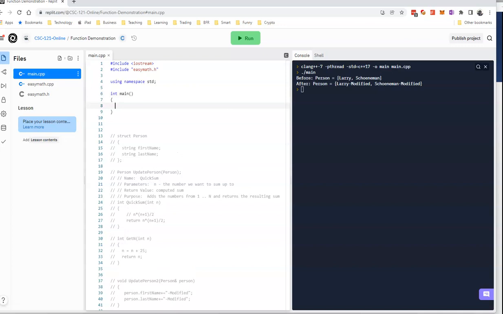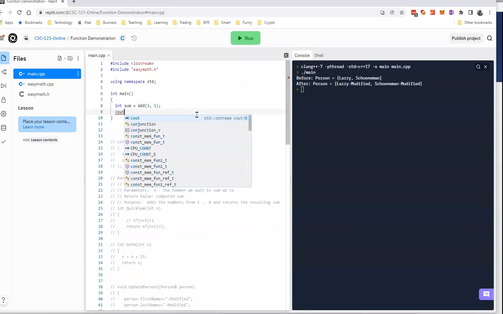Now, since we've included easymath, we can use the functions there. Int sum equals, what do I call it? Add 3, 5. Okay, and let's just output this instead, or let's count equals